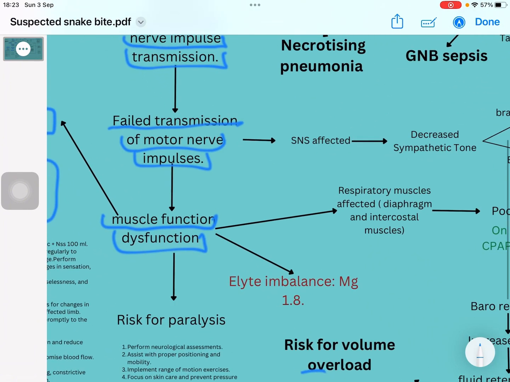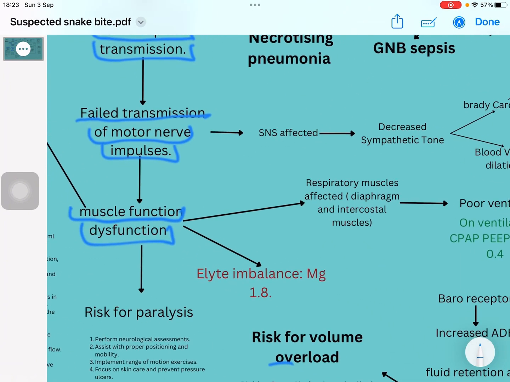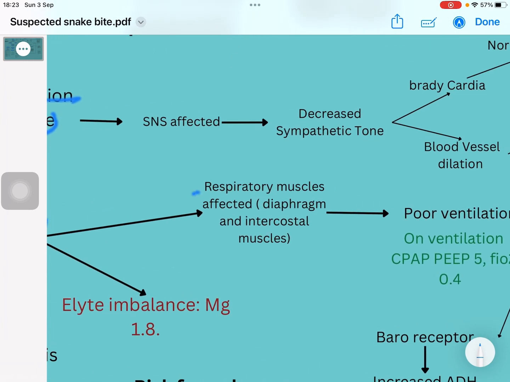And then, muscle dysfunction means there are different kinds of muscles in our body, and the muscles which are important for respiratory function are the diaphragm and intercostal muscles. So when the impulse of the motor neuron is not normal or not adequate, muscles are also not functioning well. So when the muscle doesn't function well, the diaphragm and intercostals, which are important for the expansion of lung during breathing,